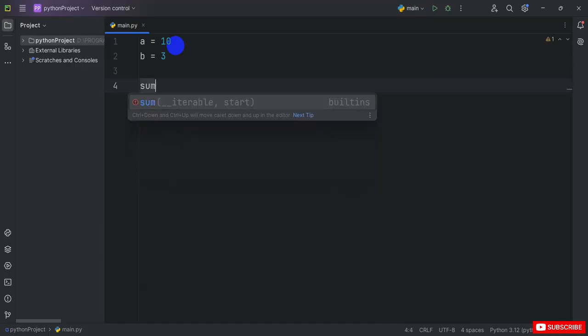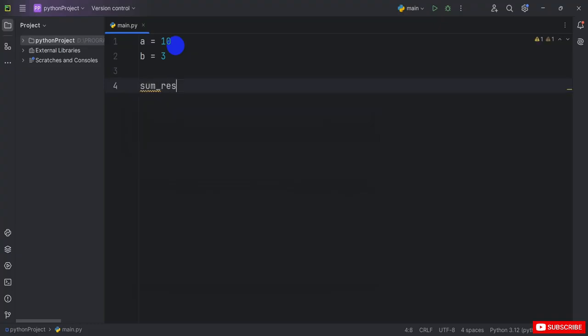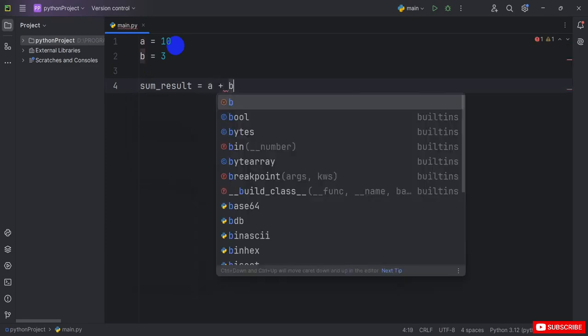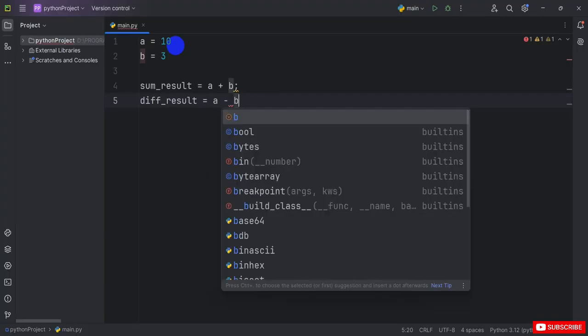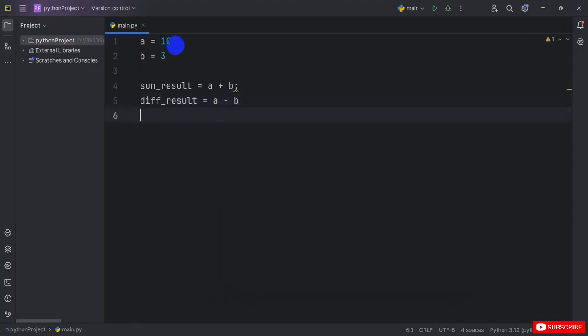First, the sum_result variable with the equation a + b. Second, the difference, diff_result, with a - b. Third, the product, prod_result, equal to a